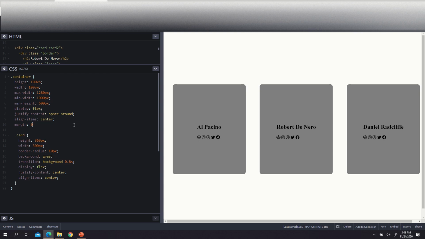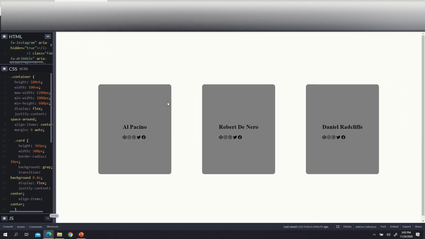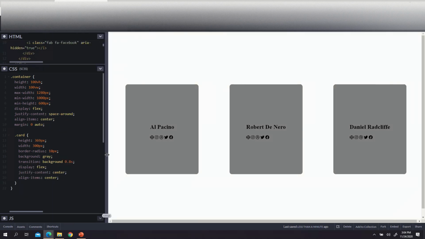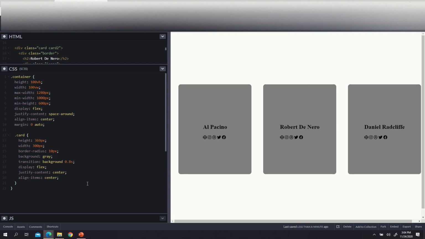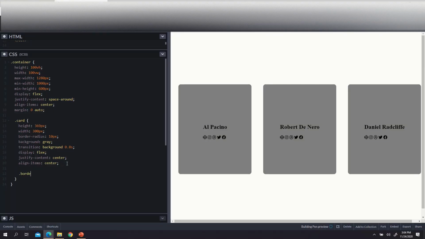fix that using a trick called margin. And then I'm just going to say 0 for top and bottom, and then for left and right I'm going to say auto, and that is going to put everything in the dead center. So that's a trick in CSS that you can use. In the card there is a border, and that's what we're going to do. Again, I'm going to nest that,